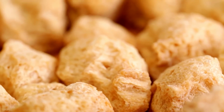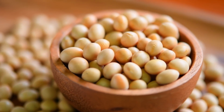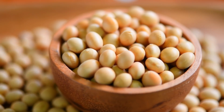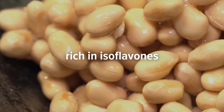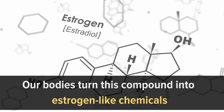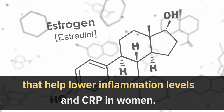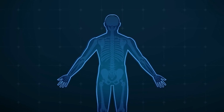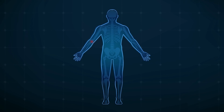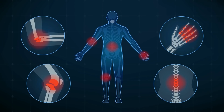Number 7. Soy. Soy might not be your first choice when it comes to dinner. However, do not dismiss this food until you hear all about it. Soy is rich in isoflavones. Our bodies turn this compound into estrogen-like chemicals that help lower inflammation levels and CRP in women. It is also believed that soy isoflavones could reduce the adverse effects that inflammation can have on our bones